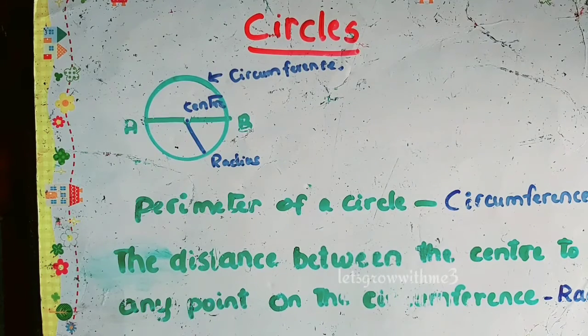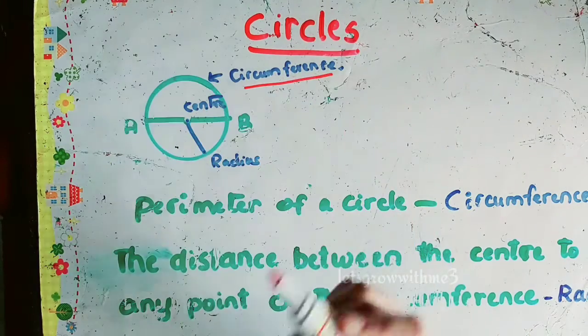If it is a circle, we call it a circumference, or else you can say the perimeter of a circle, you can call it a circumference. When we are dealing with shapes, it's very important to know the area and perimeter of a shape. So the perimeter of a circle, we will call it a circumference. Next thing we will see